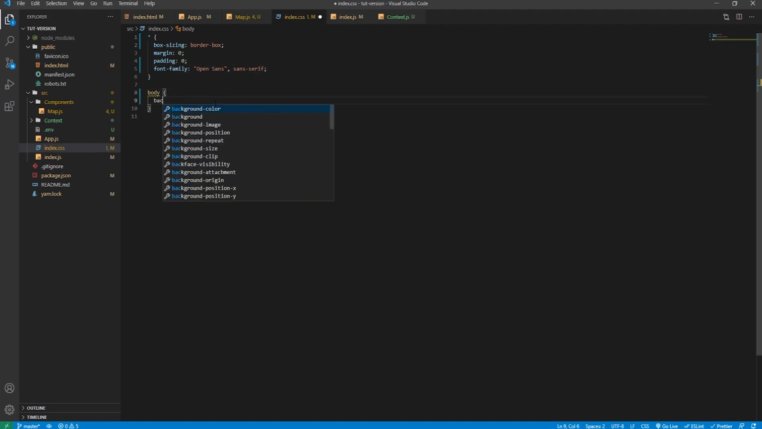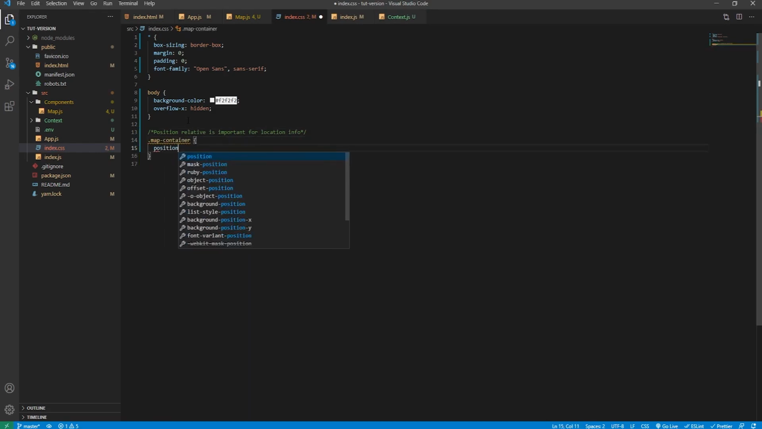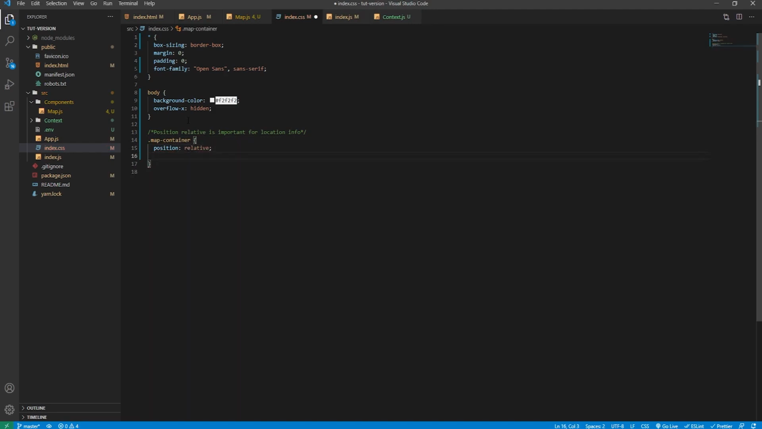Now the body, the background colour will be just this close to white, but it's a grey colour. So F2 three times, and overflow-x, it's the horizontal axis, we'll set that to hidden, because we don't want it to scroll horizontally, which is not good practice for a website really. And then we'll write a new comment, I'll say position relative is important for location info. Again, this will be more clear later on, but all you need to know is this map container will be position relative, and it will have a width of 100%, the viewing width of the viewport, height will be a fixed value